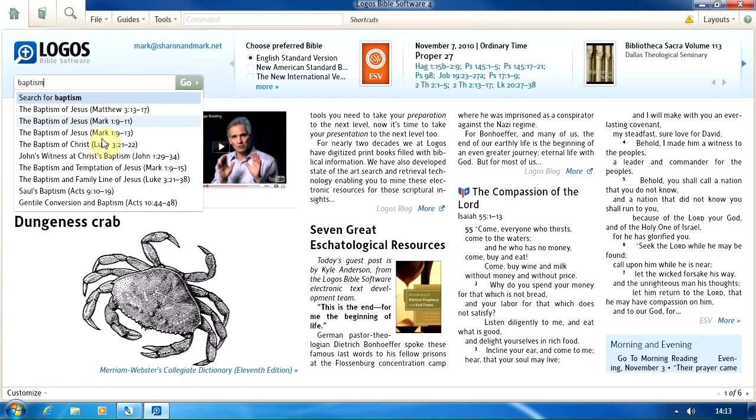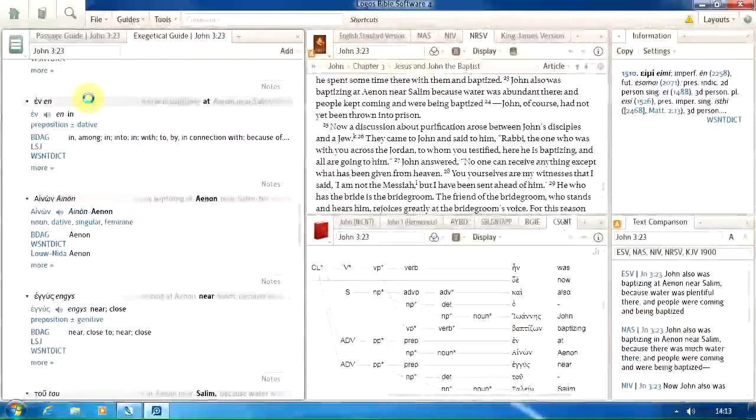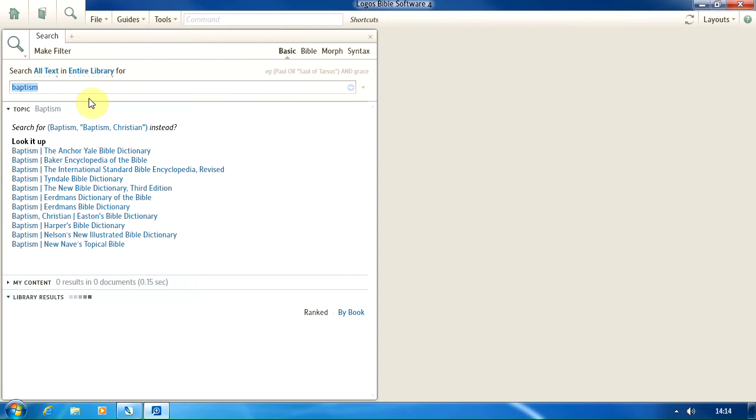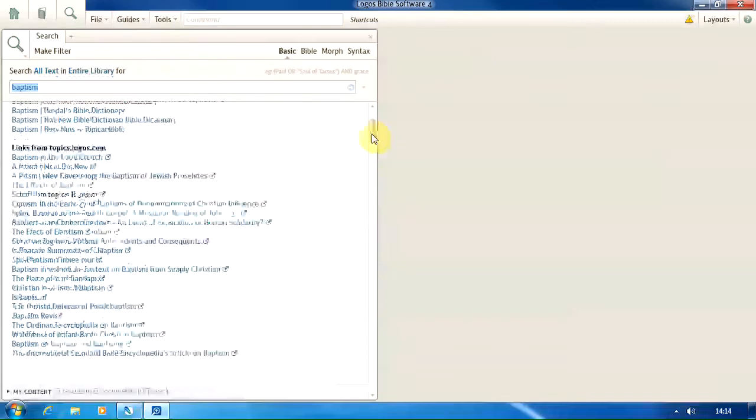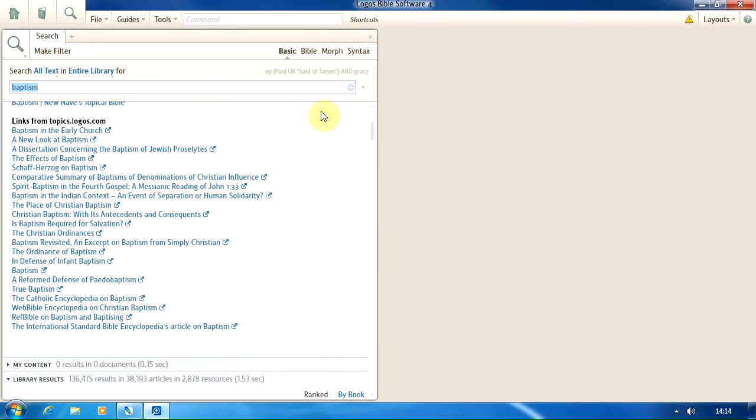You can see as I'm searching, it's given me various Bible passages that I might be interested in, but actually it is the topic that I want, so I'm going to search for baptism. And again, it takes a minute or so to generate. But now I have a search of my whole library for this word, baptism. Now again, we'll look at searching in more detail later on, but you can see that it's gone through all of my library, various topics here,